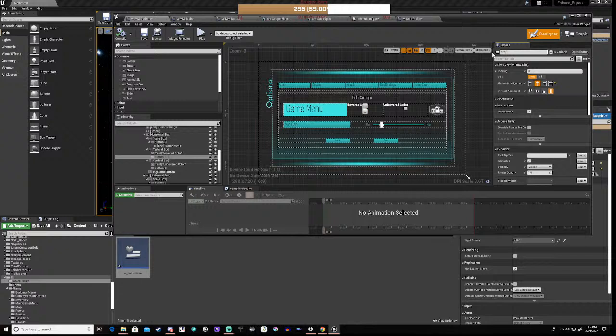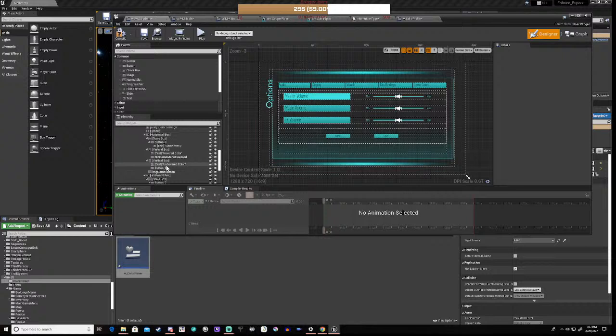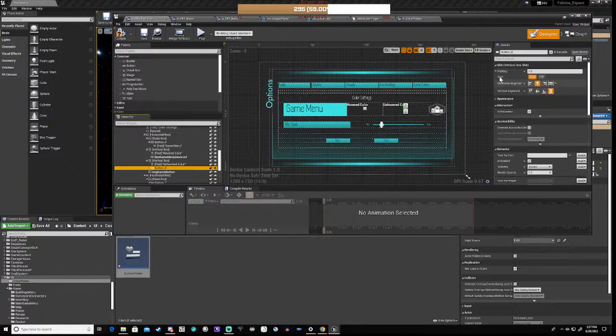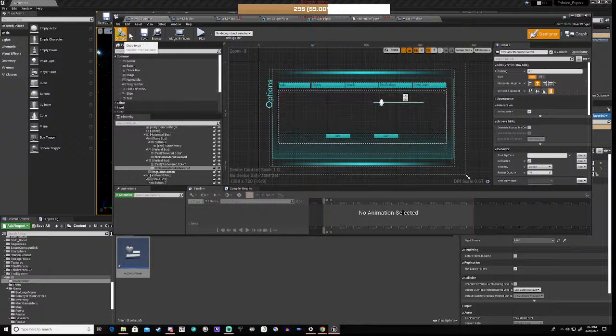So it's going to be game menu hovered. Right, and we'll copy that and this button is going to be unhovered. Okay, we'll save that,